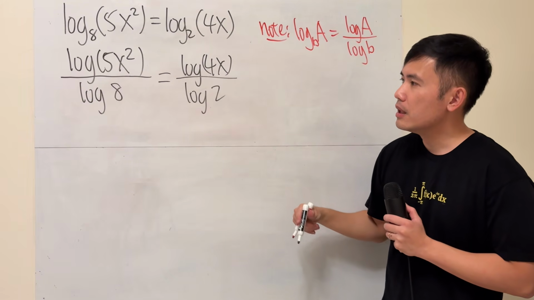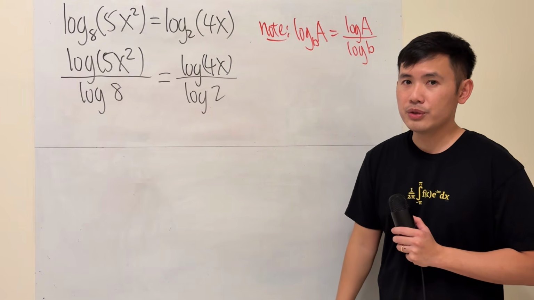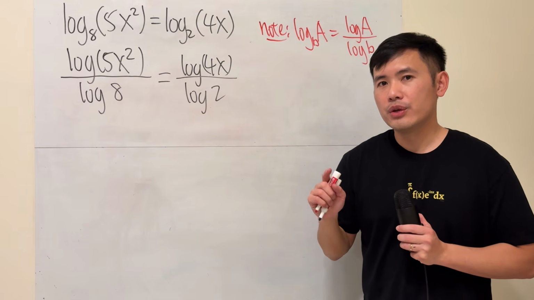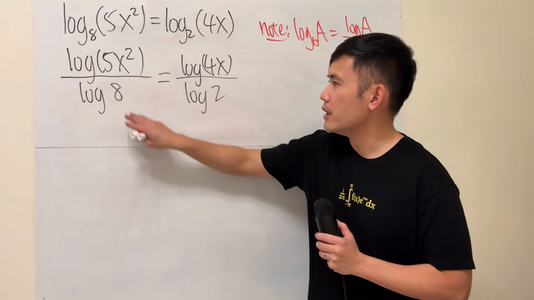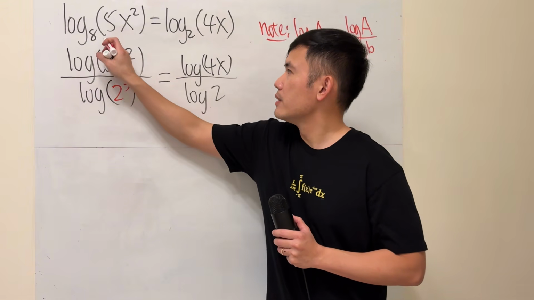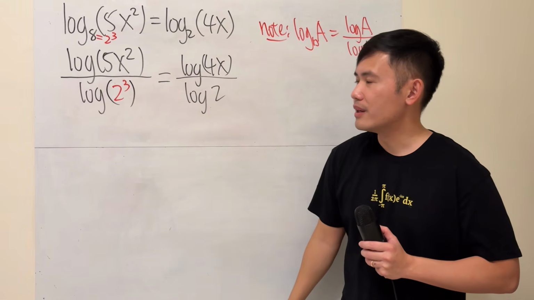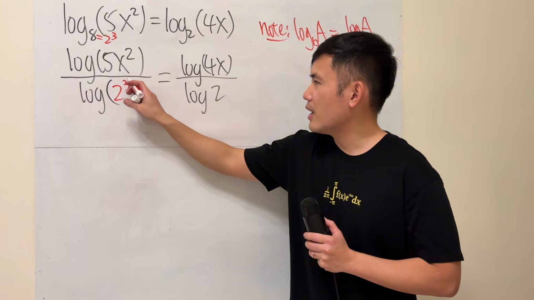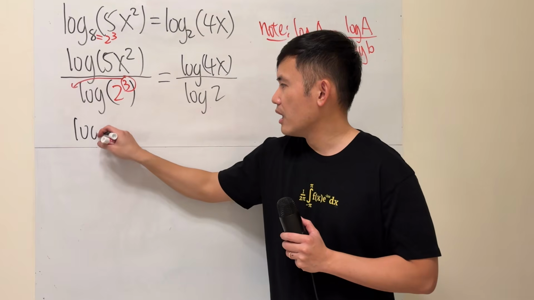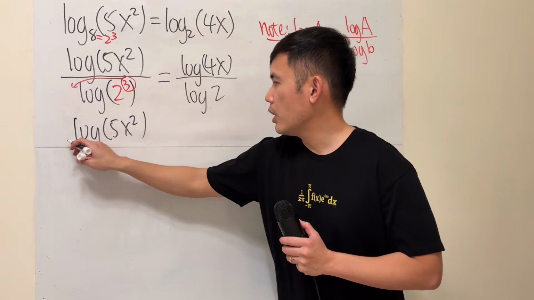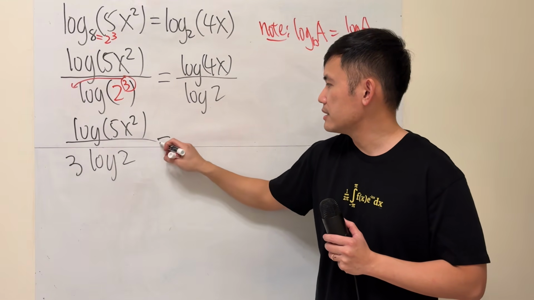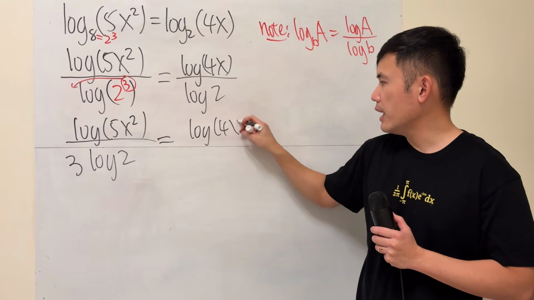All right? Now, how do we continue? That's the main issue. Here, the 8 is the key. 8 is the same as 2 times 2 times 2, which is 2 to the third power. So right here, I'm going to write that as 2 to the third power. That's the key right here. Why though? Because now I can put the 3, the power, to the front like this. So we get log of 5x squared over 3 log of 2, and that is equal to log of 4x